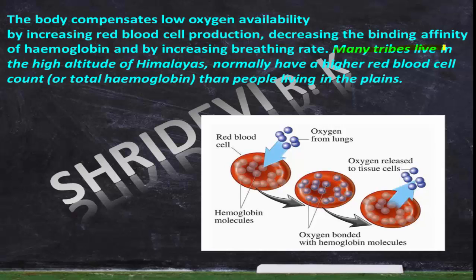Many tribes living in the high altitude of Himalayas normally have higher red blood cell count or total hemoglobin than the people living in the plains. This is the reason. ನಾರ್ಮಲಿ ಪ್ಲೇನ್, ಸಮತಟ್ಟಾದ ಜಾಗದೊಳಗೆ ಬದುಕ್ತಿರ್ತೀವಿ, ಅಂಥ ಹ್ಯೂಮನ್ ಬಾಡಿಗೆ ಕಂಪೇರ್ ಮಾಡಿದರೆ ಯಾರ ಜೊತೆಗೆ, ಎನಿ ಪೀಪಲ್, ಎನಿ